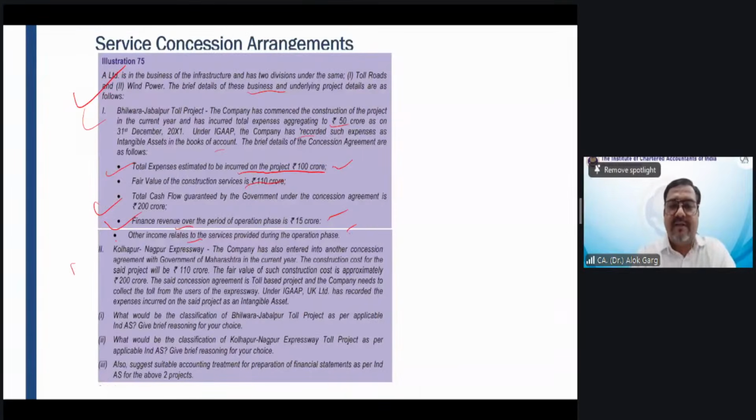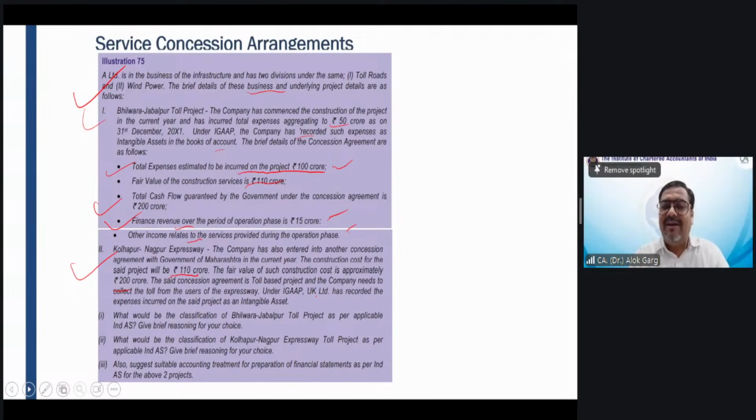Kolhapur-Nagpur Expressway. The company has also entered into another concession agreement with Government of Maharashtra in the current year. The construction cost for the said project will be 110 crore. Fair value is 200 crore. Fair value is given and the cost is given. The said concession agreement is a toll based project and the company needs to collect the toll from the user of the